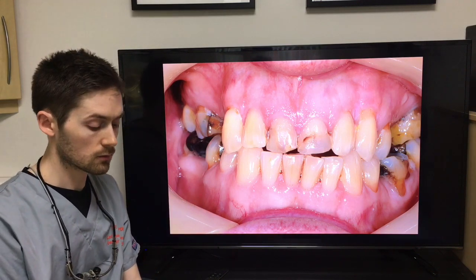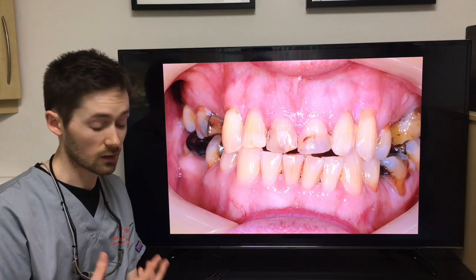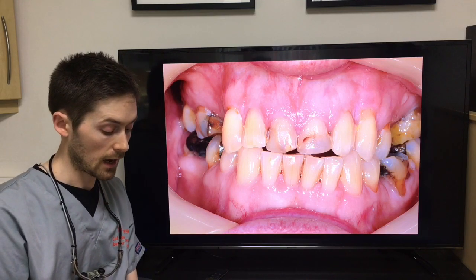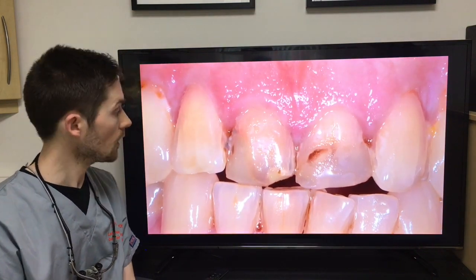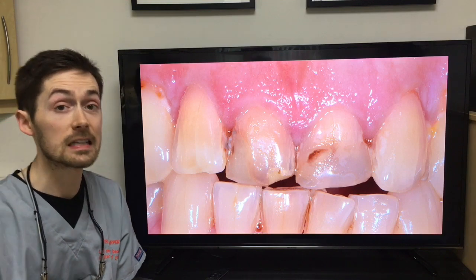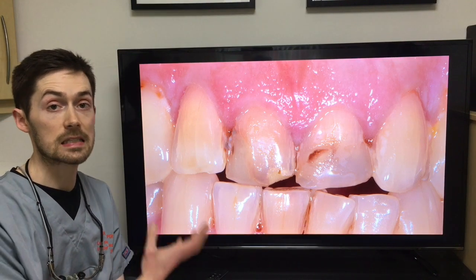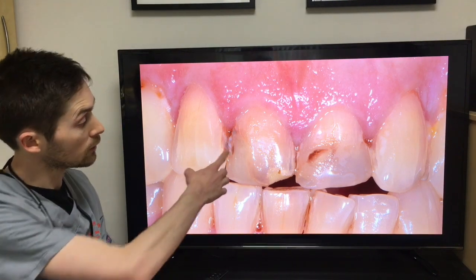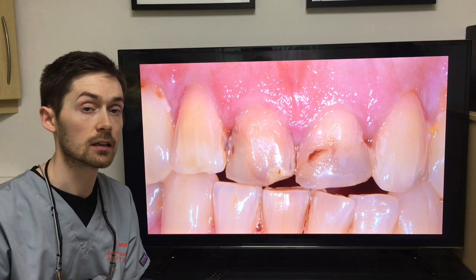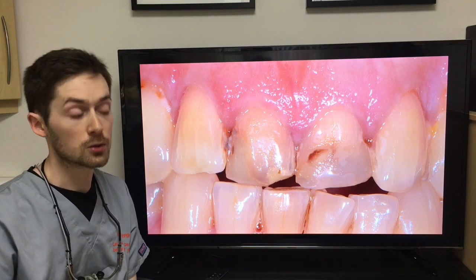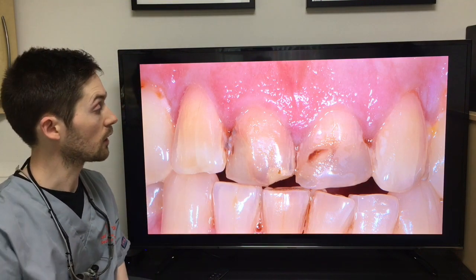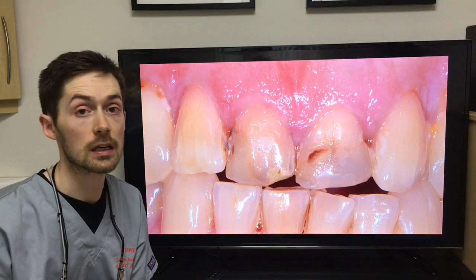So this is a case that I saw recently. It's a gentleman who came in to discuss his potential options, and I found that having photos of his teeth in this scale really made it a lot easier for me to show what we can see and what we can do. And it's particularly looking at upper central incisors that he didn't like. So we took photos, showed it with the scale, and really discussed at length what he wanted to achieve,